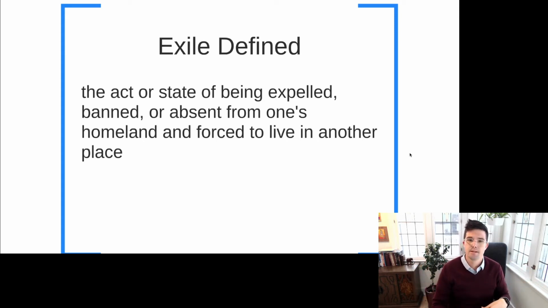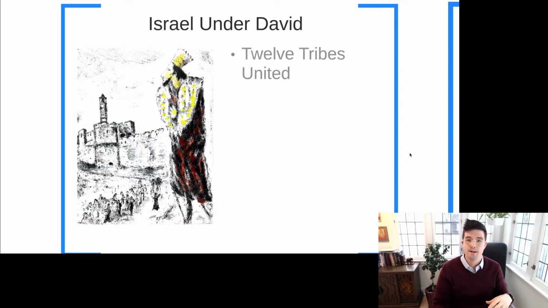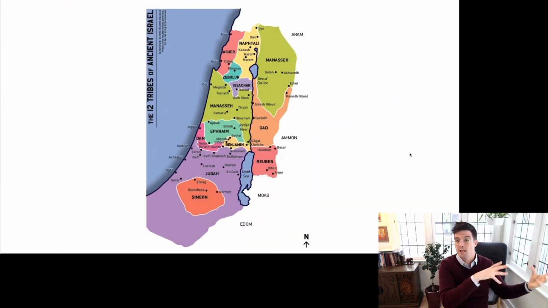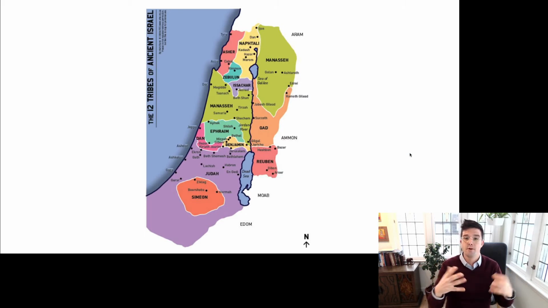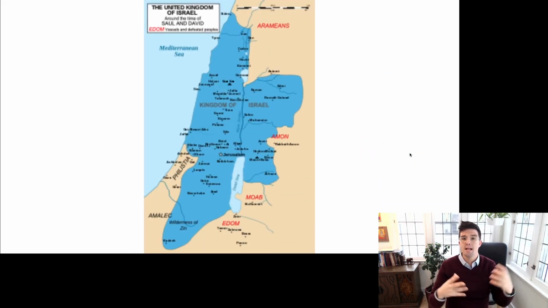And so what we're going to do here is talk about the different situations of exile in the technical sense and in the non-technical sense. But to do that, we first need to talk about the sort of historical Israel under King David. So under King David and under Solomon before him, the 12 tribes of Israel were united. So we think of sort of ancient Israel as this loose confederation of 12 different tribes occupying what we would now call the Holy Land, that become united under